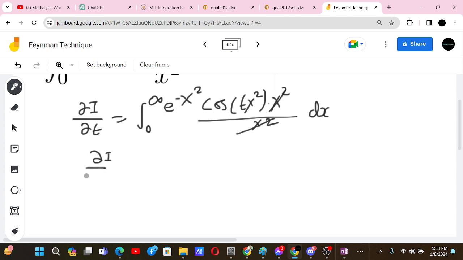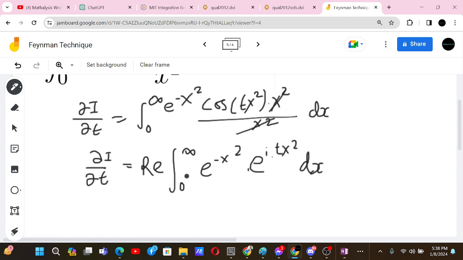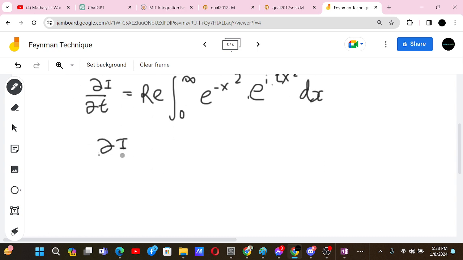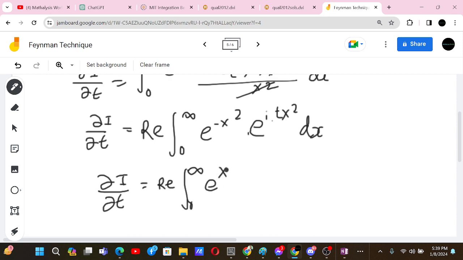Now cos theta is just the real part of e to the power i theta, so we'll use that over here: e to the power minus x square, and then e to the power i times t x square, dx. Now it will be a lot easier than dealing with the cos itself. So we have the real part of the integral from 0 to infinity of e to the power minus x square, because e to the power minus x square times some constant is a well-known result, and that gives us 1 minus it